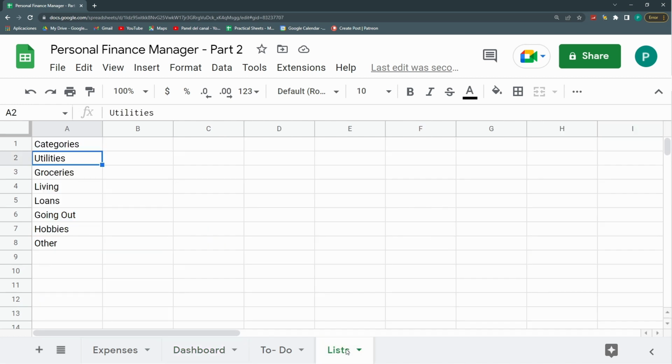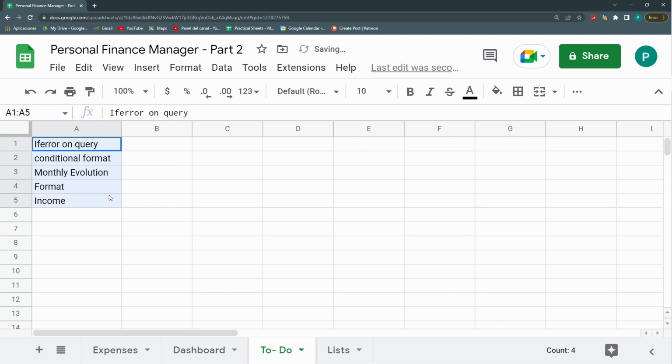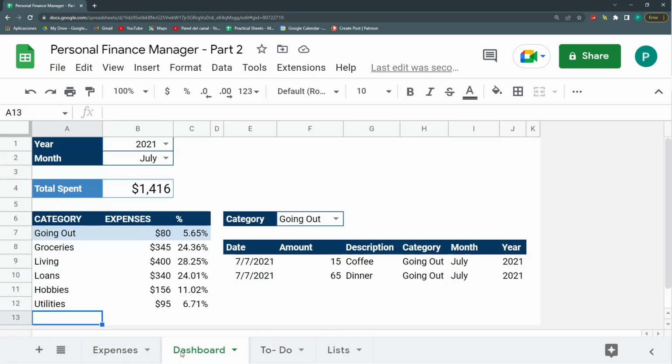We can then hide these two. This is just for practical sheets to see how we're advancing in our project. Today we did the IFERROR for the query, we did conditional formatting, and we formatted our expenses database and our dashboard. So you could do a checkbox, actually, for all of them, and we're just going to check these 3. And we'll leave this for the next video. So this is it. Hope you like it. Actually, we didn't advance too much, but I promise that we'll soon have the next videos where we're going to